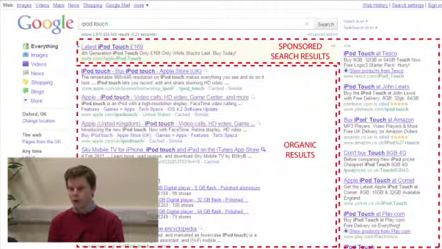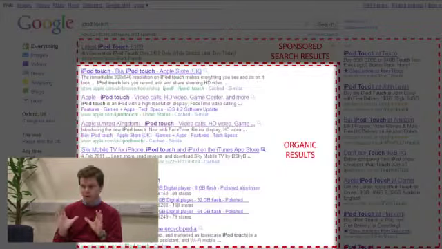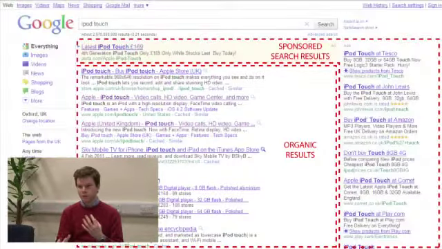When you look at a typical Google search results page, or likewise a search results page at another major search engine, what you typically find is that on the right-hand side of the page, you have one list of links, and on the left-hand side of the page, you have a separate, distinct list of links. The larger of these two lists on the left-hand side of the page are what are known as organic search results. So this is a list of results which Google's search algorithm is generating in real time in response to your query, and they constitute Google's attempt to find what are the best results for the particular search query that the user has come and entered.